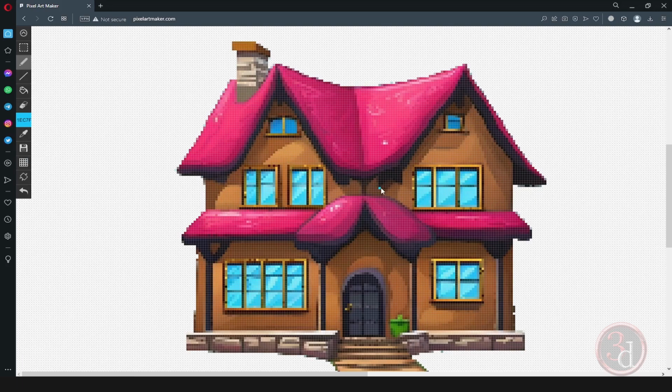So there you go. This is a quick way to turn your images into a pixel art without installing any